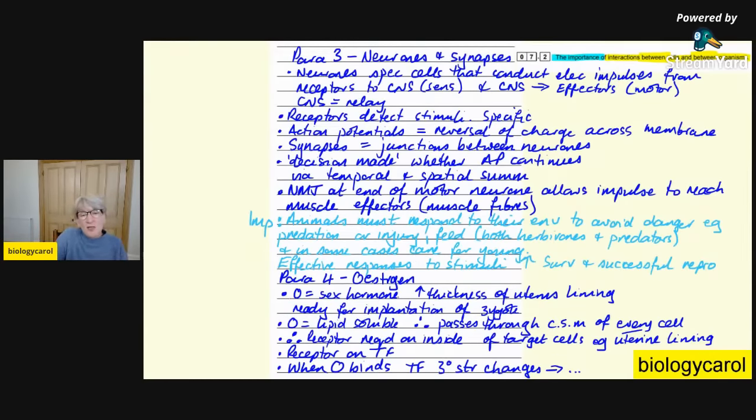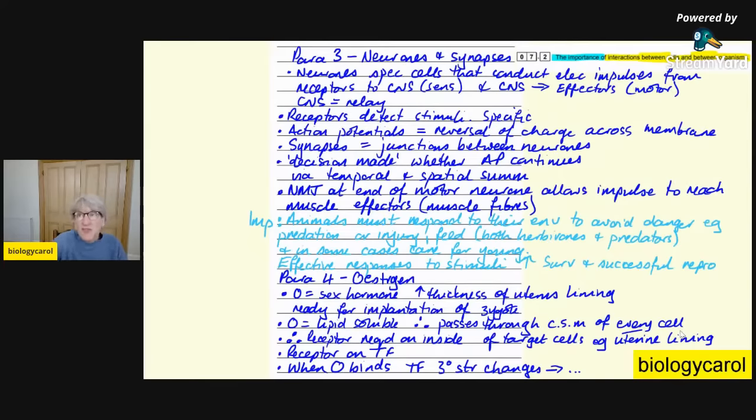So estrogen is a sex hormone. It increases the thickness of the uterus lining. To be honest, that is GCSE content. Ready for implantation of a zygote or embryo. You could write either. Estrogen is lipid soluble. I'm now hitting A-level content, and therefore it passes through the cell surface membrane of every cell, because it does. It goes straight through the phospholipid bilayer as a result of diffusion,